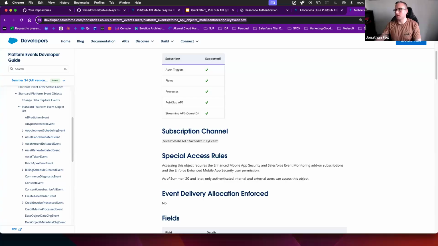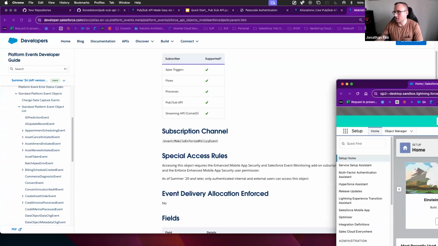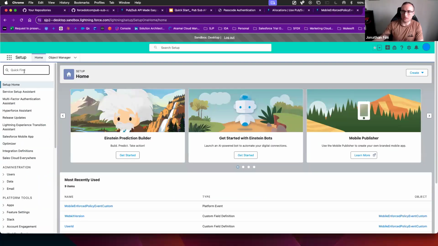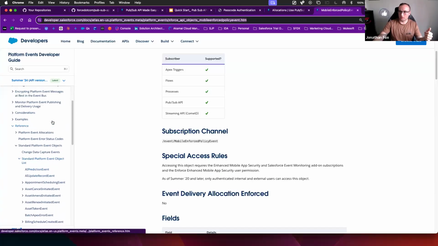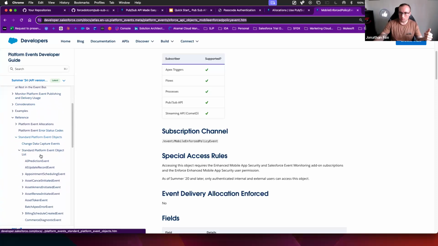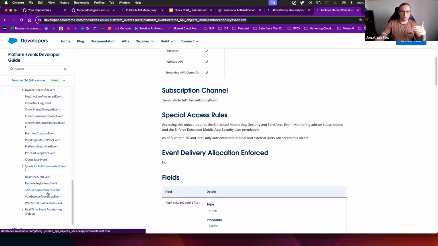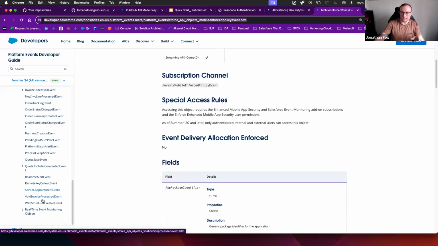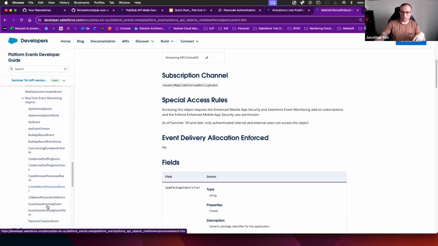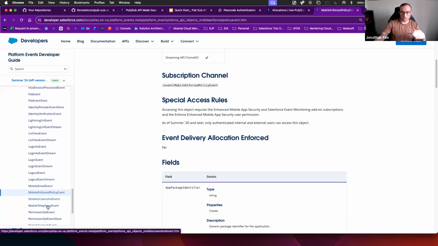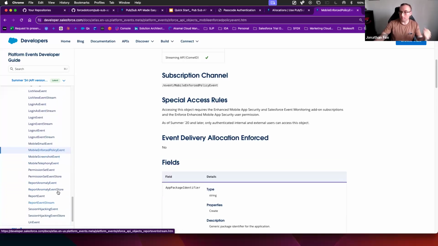So, setting up your organization. Now, I said at the beginning I didn't want to teach anyone to suck eggs, so I will take 2 seconds looking at this. Obviously, your platform events, and I went through the standard platform events a second ago, some of the standard platform events that you get with Salesforce that you can subscribe to. If they don't satisfy your needs, you've got your real-time event monitoring objects, which there are more of that you can subscribe to, obviously, if you pay for it.